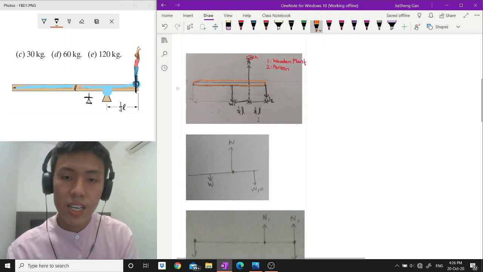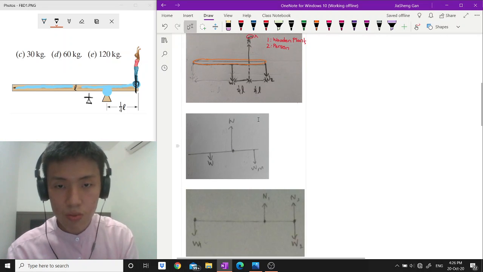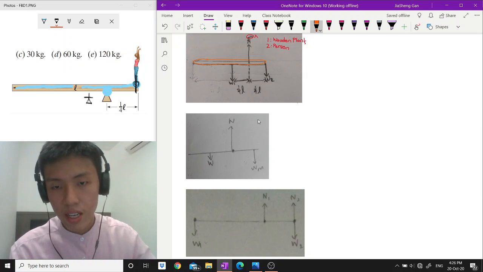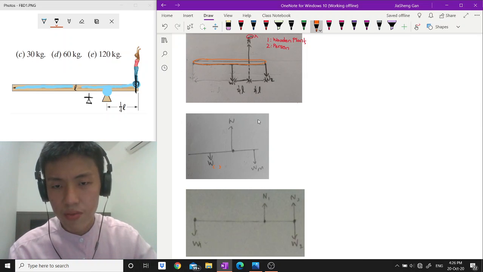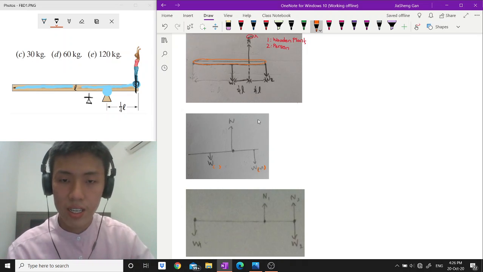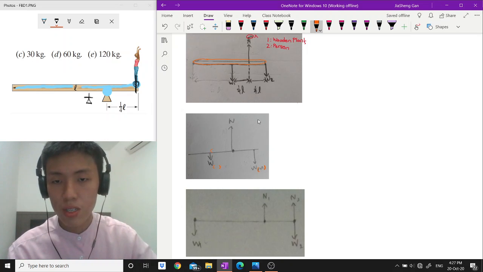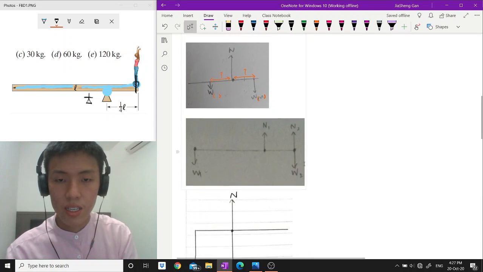Okay, the next thing, this one, yes, what's the problem for this one? They label the W here, but they didn't really label what weight this is. M stands for what? I'm not sure. So if you can label it clearly, that would be better. Then the next thing is the measurements. What are the measurements? Okay, next thing, this